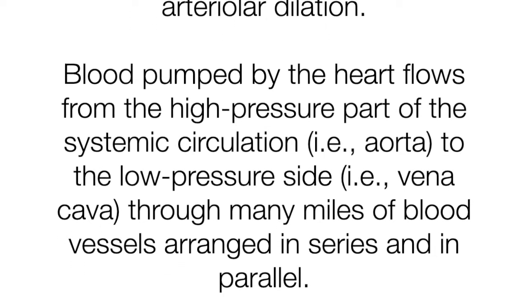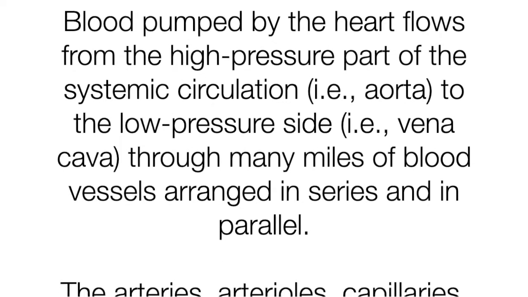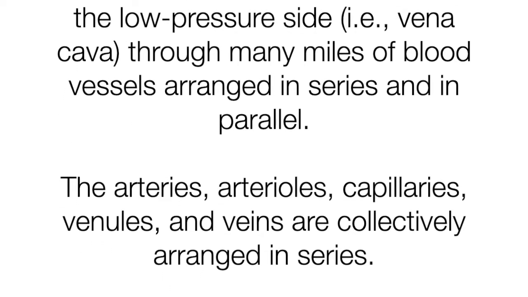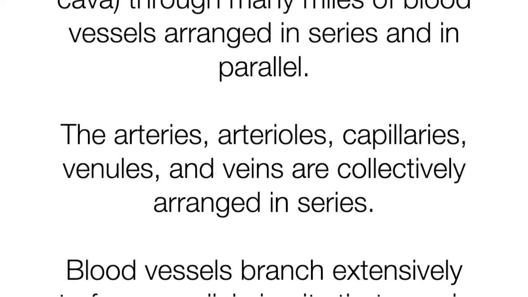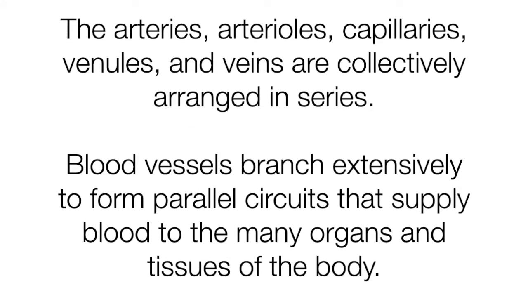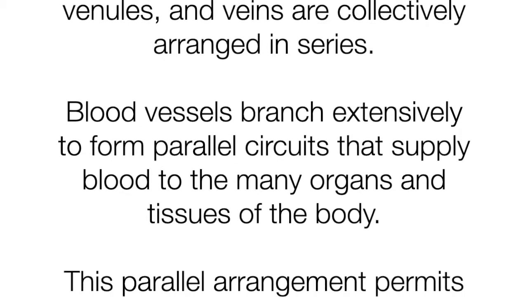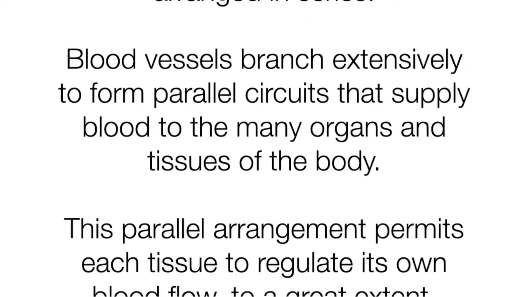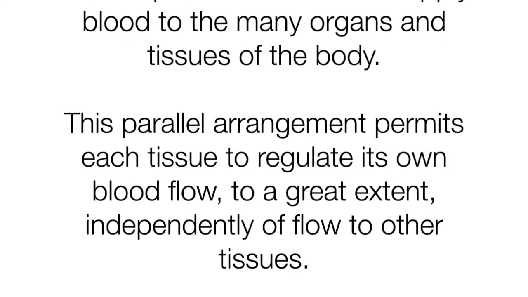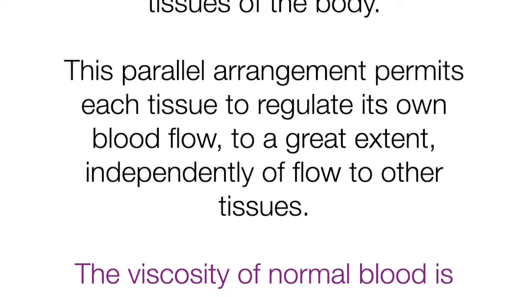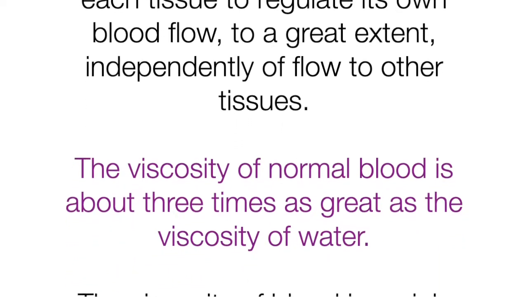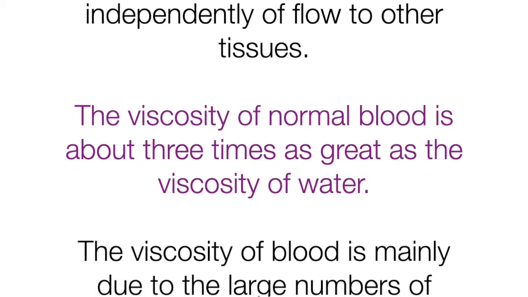Blood pumped by the heart flows from the high pressure part of the systemic circulation, that is aorta, to the low pressure side, that is vena cava, through many miles of blood vessels arranged in series and in parallel. The arteries, arterioles, capillaries, venules, and veins are collectively arranged in series. Blood vessels branch extensively to form parallel circuits that supply blood to the many organs and tissues of the body. This parallel arrangement permits each tissue to regulate its own blood flow to a great extent, independently of flow to